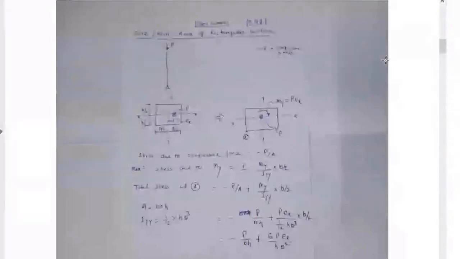Now, we can replace this force P with eccentricity ex by a concentrated force P at the centroid of this cross section with a moment about the y-axis, that is M, which is nothing but P multiplied by ex. Now, if we calculate the stress due to the moment as well as this direct compressive force P, what will that be?